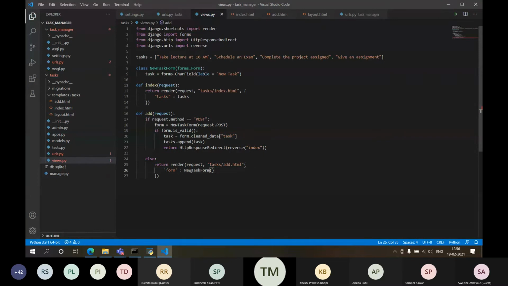Now you will ask how the form will get populated over there. That is what we need to code again. request.POST will give me the data which I posted, because the request type is POST. Now if the request type is GET, I want an empty form, and that is why I'm not passing anything here.